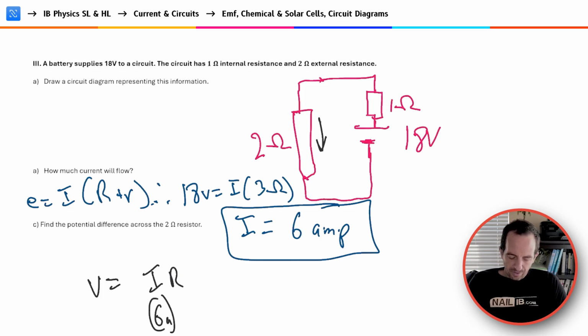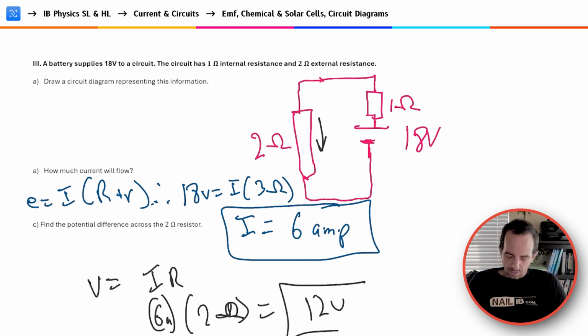The resistance of the resistor is 2 ohms. And therefore, the voltage drop is going to be 12 volts. There'll be a 12 volt drop, or a potential difference of 12 volts, as the current crosses that resistor. So here we had a simple circuit diagram, and we did some basic calculations with external and internal